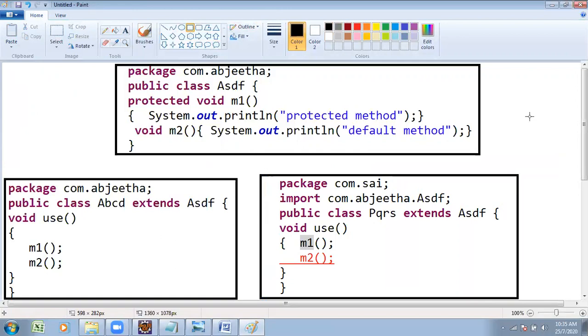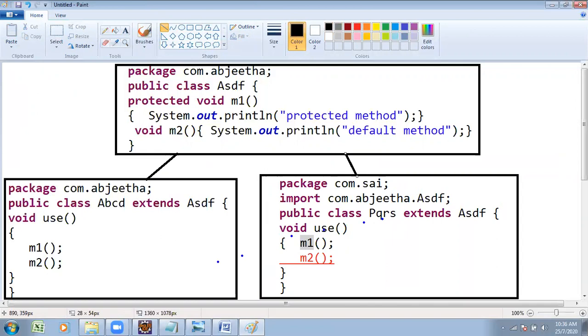Default, what happens? Now tell me, Abhijit, answer based on this diagram. On the same package, if you access protected and default, both work. But within a different package, as a subclass, the default method does not work.